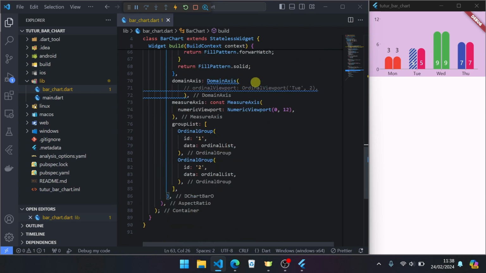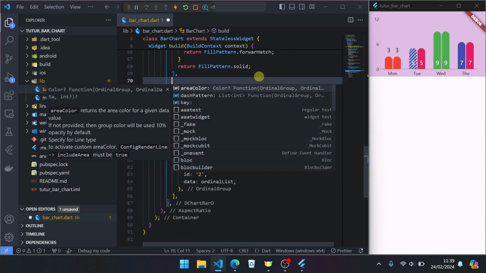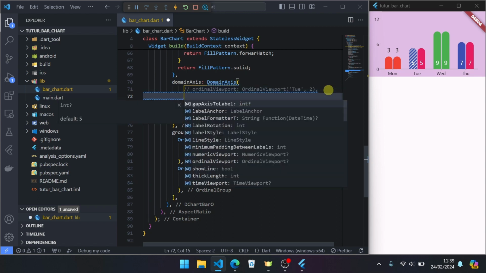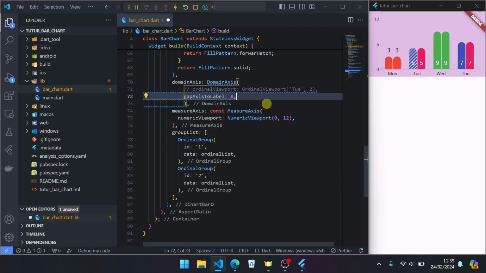Okay, now next to domain axis, ordinal pivot, finish. Next to gap axis to label. Default is 5. Space from axis line to label. If we set 0, like this, space gap is 0.